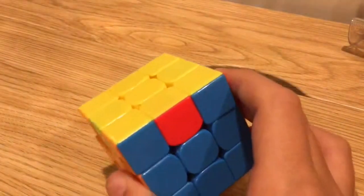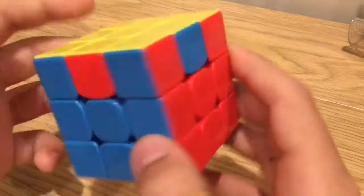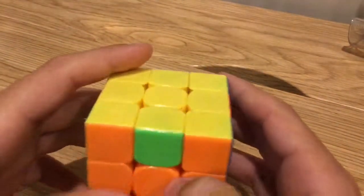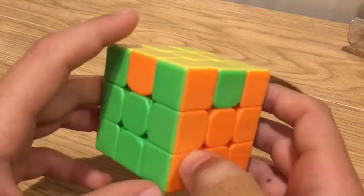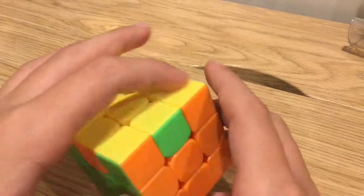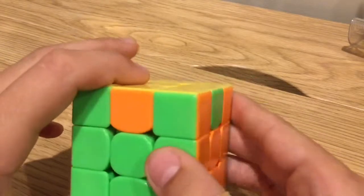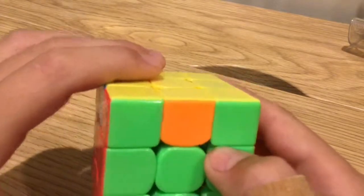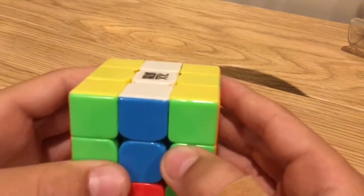Now, if you have a special case, you might have one side that's completely solved. You want to put that side in the back for this next algorithm. And the next algorithm is going to depend on which way yours is facing, or which way yours is rotating. So if yours is rotating this way, here, I'll show you in the algorithm. You want to go to the middle twice, then